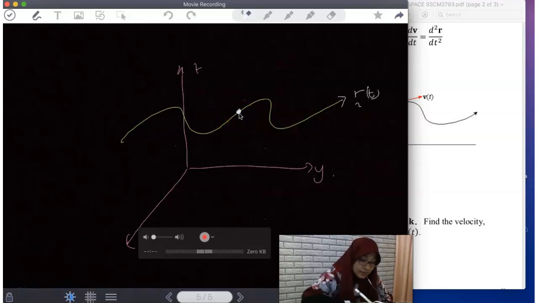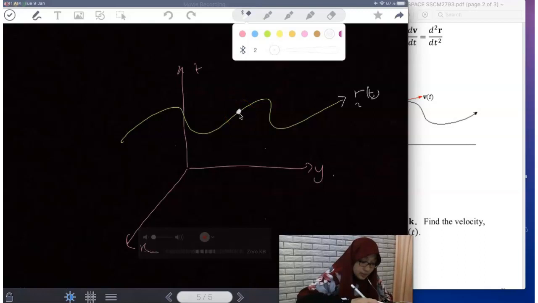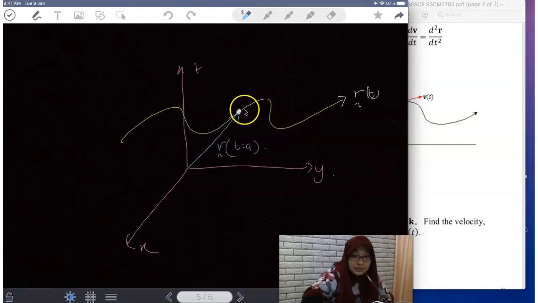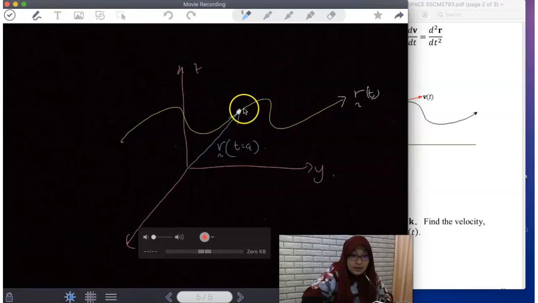So let's say you want to provide the labeling of the position vector r for a specific t. Let's say I put when t is equal to a, so that is your position vector. So you can evaluate the speed at this point. You can evaluate the speed, the velocity, and also the acceleration. Okay, so as you can see